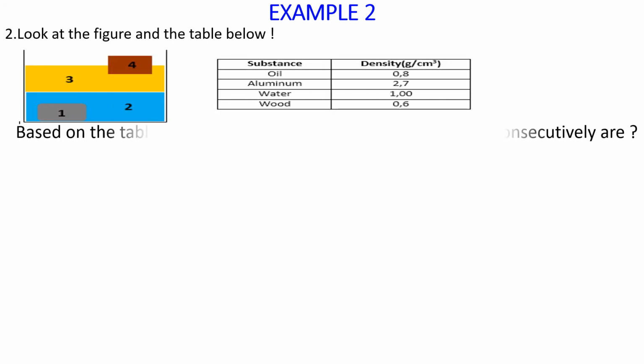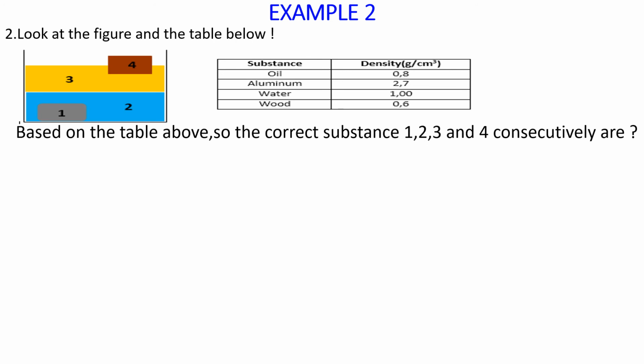To get more understanding about the three conditions of object in liquid that can be explained by Archimedes Principle, let's see the two examples below. The first, we will see example 2. Look at the figure and the table below. Based on the table above, the correct substance 1, 2, 3, and 4 consecutively are